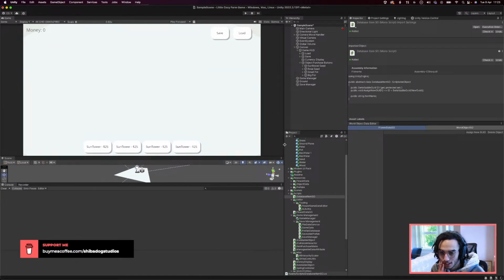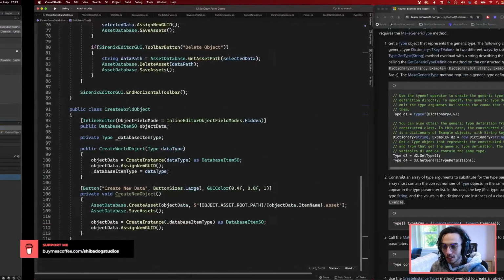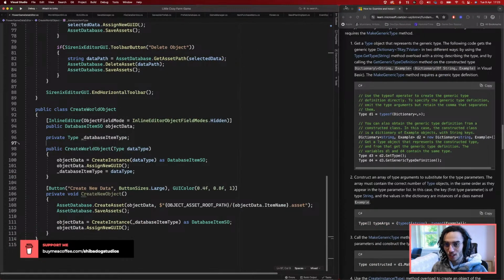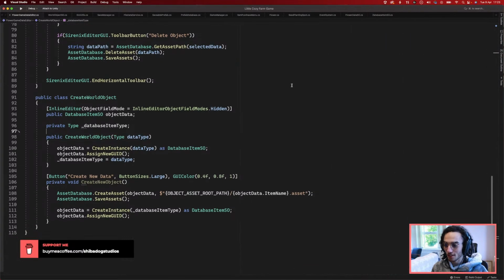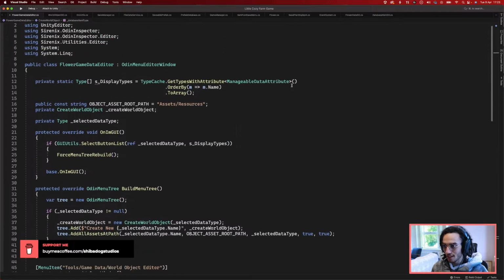My concern is that it's going to try to just create an instance of... Oh, beautiful. Okay, good, good. If I click here... Hey, amazing. Thank you so much. You're actually a legend. And now I can create a new world SO, I can create a new flower data, and everything is as it should be. Alright, get on out of here, reflection. Now that we've got that,